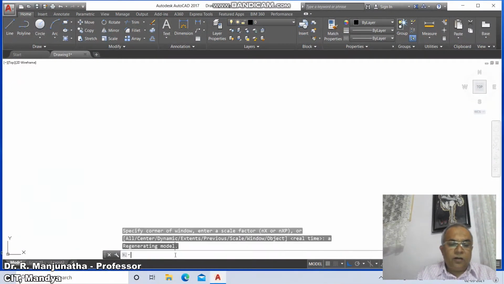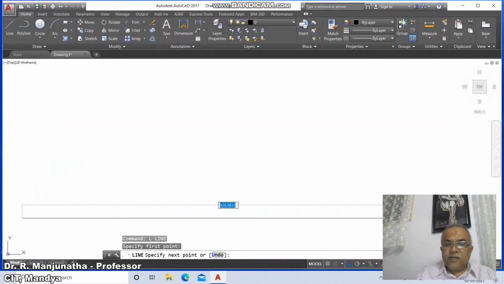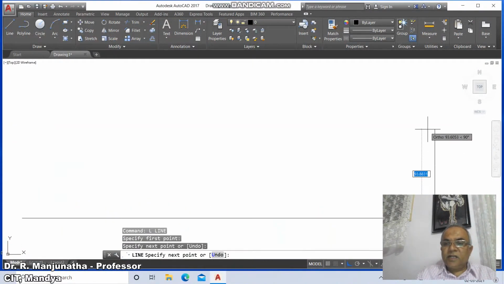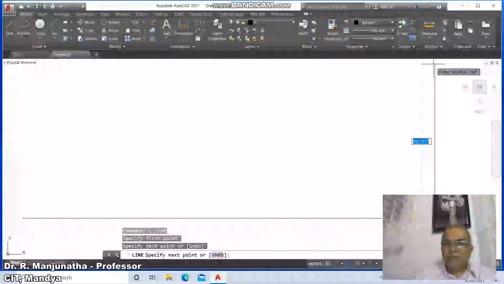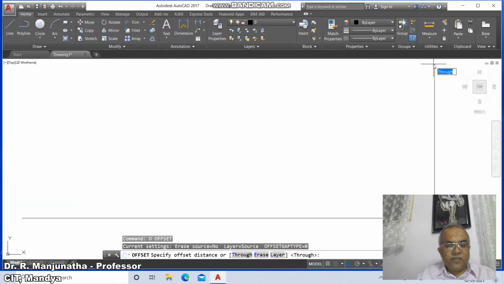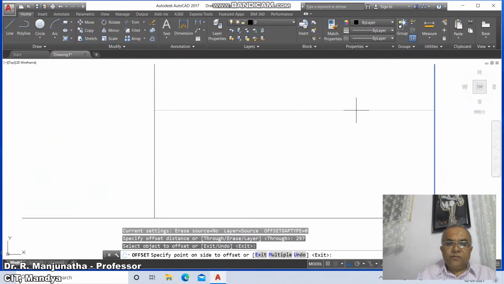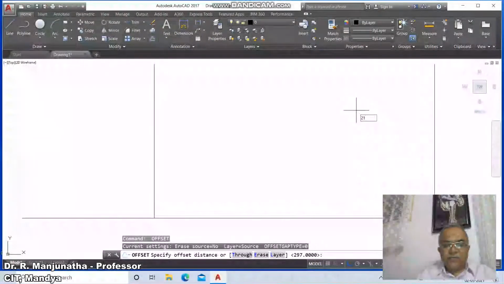Then zoom all. Then go to line, select some point, click on the first button of the mouse and drag the mouse to the right side, take some distance and click on the first button of the mouse, and then drag the mouse in the upper direction. Again, take some distance and click on the first button of the mouse. Then go to offset, take the distance as 297, select the object, that is the vertical line, and offset to the left side by 297 mm,